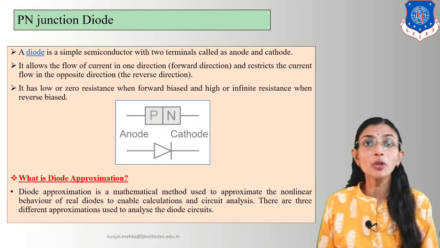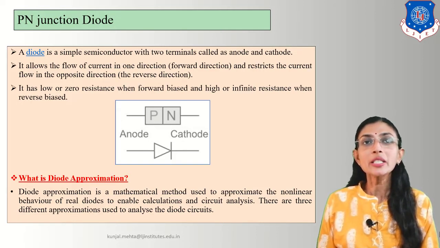Thus, diode approximation is a mathematical analysis using diode circuits. Now, dear students, what is the question? Diode approximations. The diode approximation is nothing but the assumption and consideration of the diode. It can be ideal and it can be practical. In the ideal condition, we will get quick results, and in practical conditions, we will get results which will be more accurate. So, diode approximation is nothing but circuit analysis by considering different assumptions of the diode, may be ideal, may be practical.